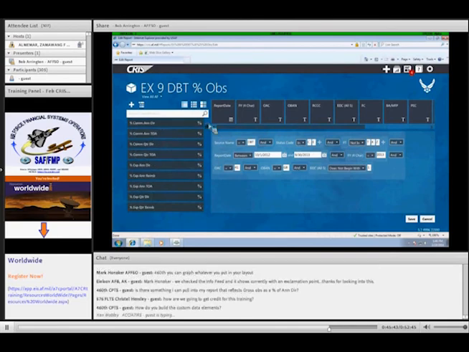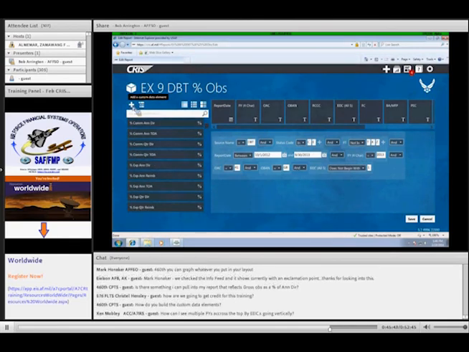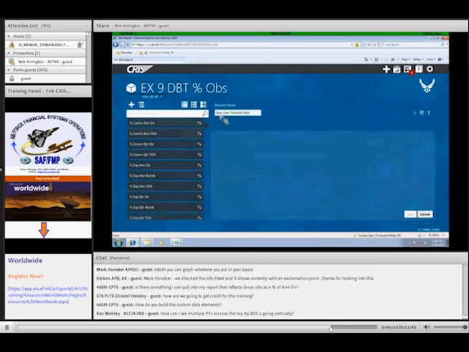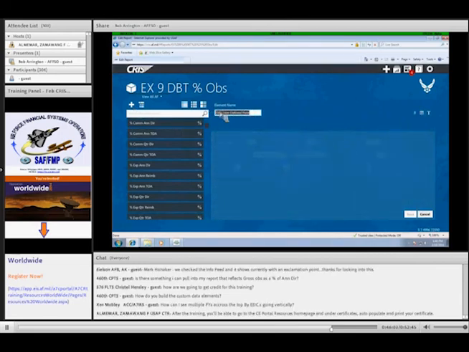I used this little plus icon, top left-hand corner of the screen. My mouse is pointing at it right now. That is the option that allows you to build a custom data element. By left-clicking on that, you get a blank screen. It allows you to type in a name. That's where I typed in Bob's percent obligated.